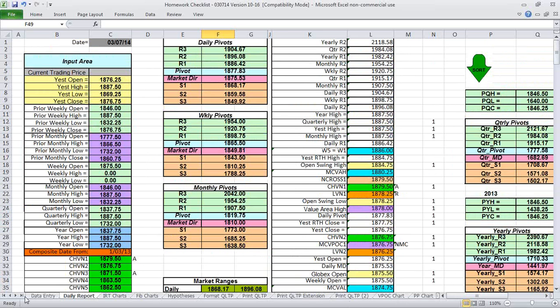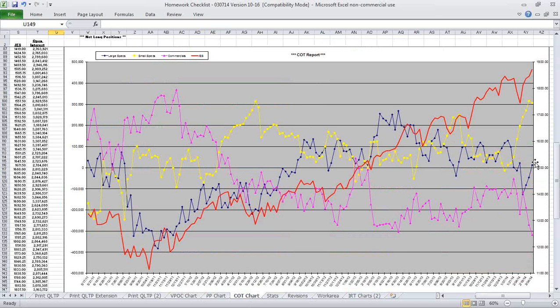I just want to go and take a look at the COT. We've been watching the COT. I was noticing that the large spec is now back to net positive, just slightly, but they are back to net positive. And then retail, small spec has just dropped off. They're still way net positive. Commercial paper continues to get net negative.